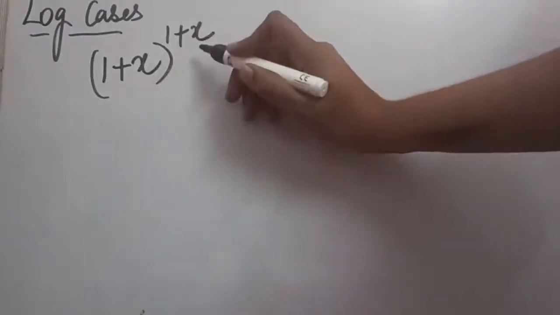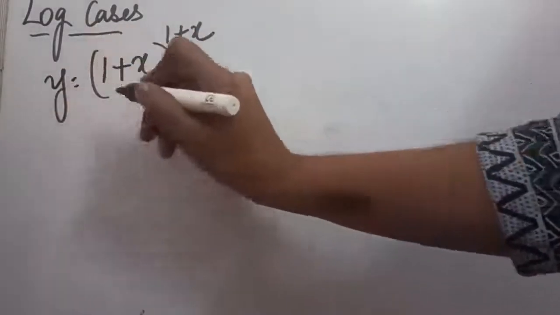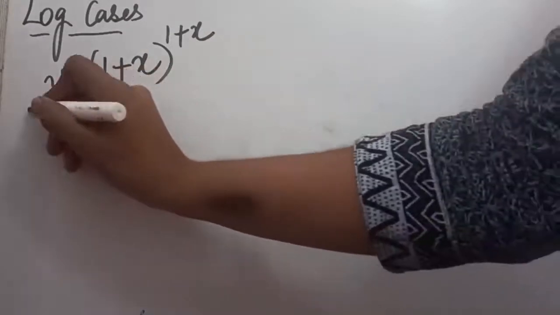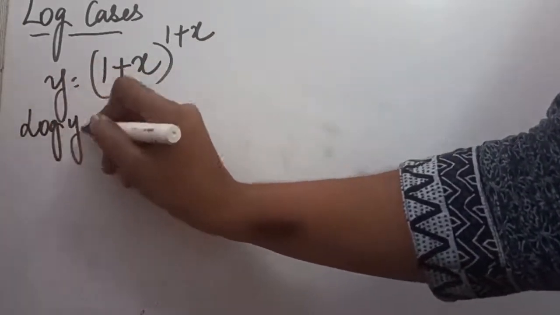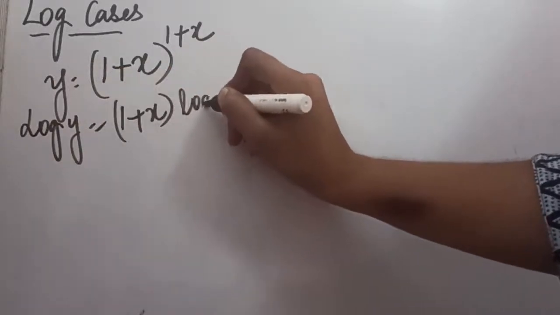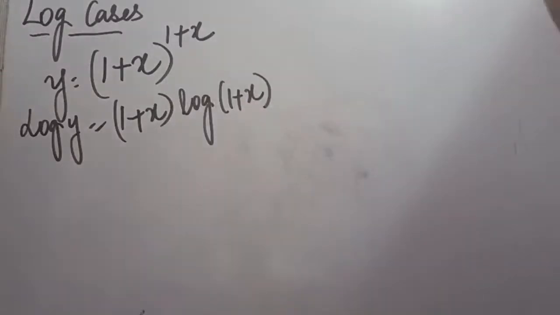So in this question also we can make out that this is u upon raised to power v, or m raised to power n principle can be applied here. So starting with the question, if you take log on both the sides, on the left hand side it will be log y, and this 1 plus x will come forward, again log 1 plus x. So now we can differentiate on both the sides.